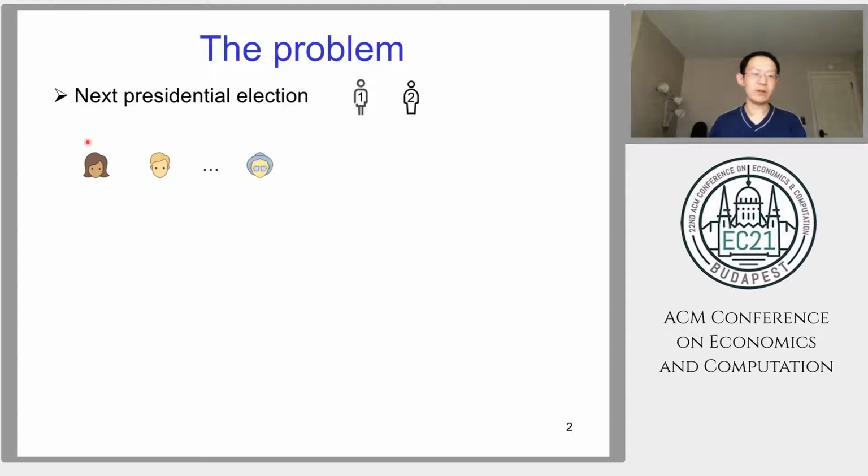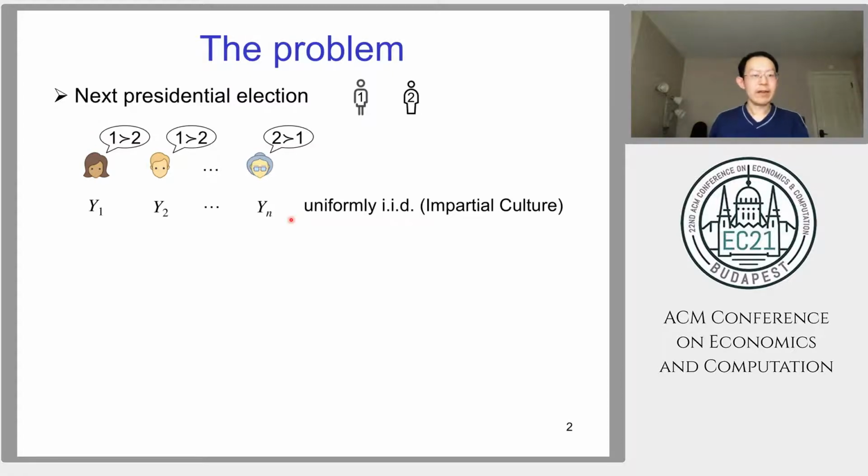Each of them is going to use a linear order of the alternatives to represent their preferences. And their votes are going to be represented by the random variables y1 through yn. But now let's, for simplicity, assume that these are uniformly IID random variables, also known as impartial culture in social choice theory. Assuming that everyone's votes are realized, for example, the first guy says, I prefer 1 to 2, and